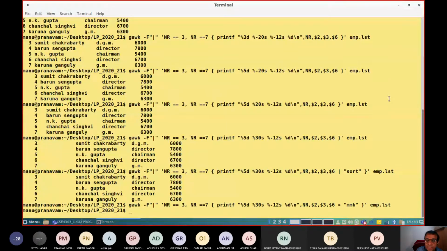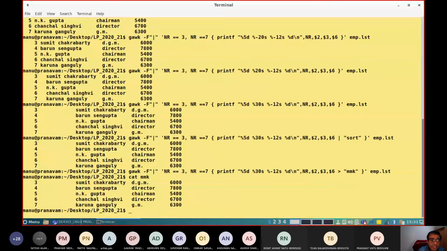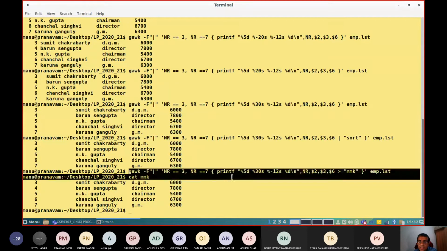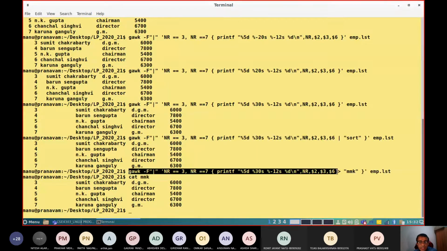The second one, I redirected the output of the printf statement, and I created one file. Now the output should be available in a separate file, not on the screen. Notice this. Look into this particular operation carefully. The moment I write this command, it is about to display the output on the monitor, as in the previous case. But instead of displaying it on the monitor, I redirected it. This is the redirection operator, the greater than symbol. That redirected the output to one file named mmk.